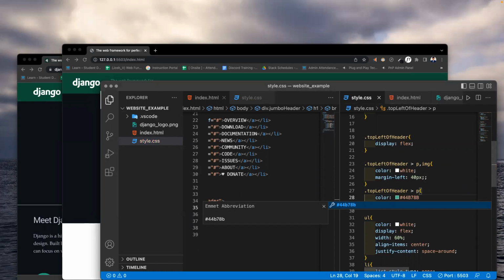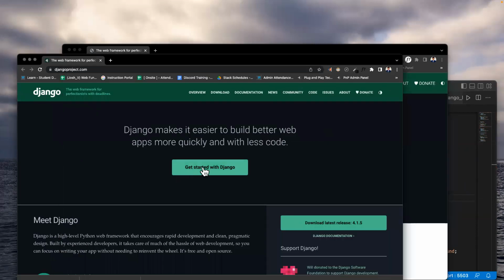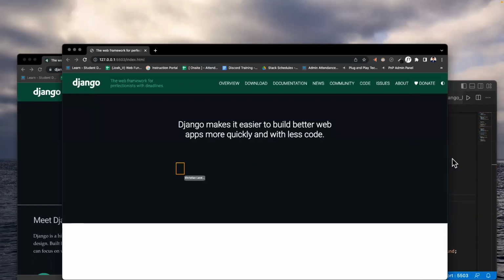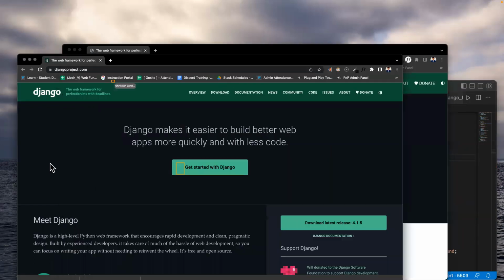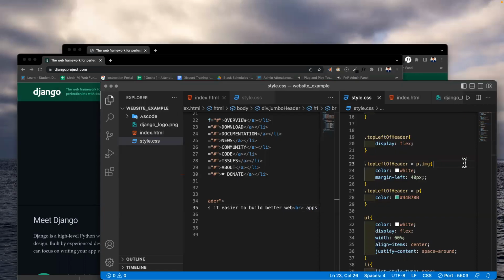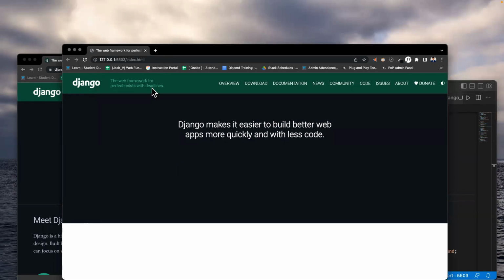Oh, no, that's for the button, isn't it? It's the same for both of them. Oh, the button, okay. And the text next to the logo, it's the same color. This color and that color, they're the same. Okay. Good catch. Okay. So let's see. Yeah, it does look pretty. Yep, that's it. Okay. So now that we've got that,